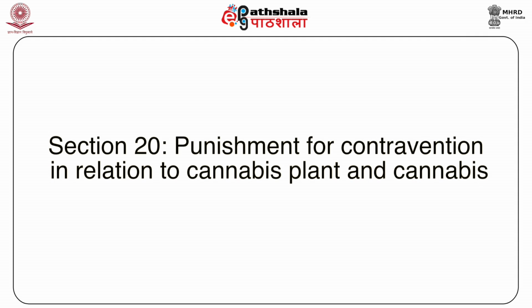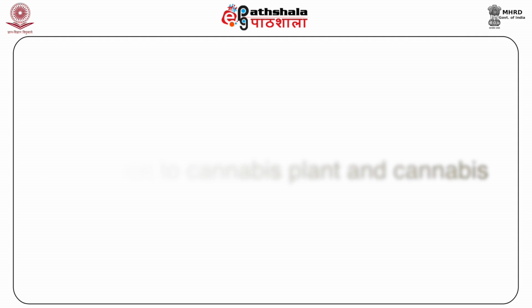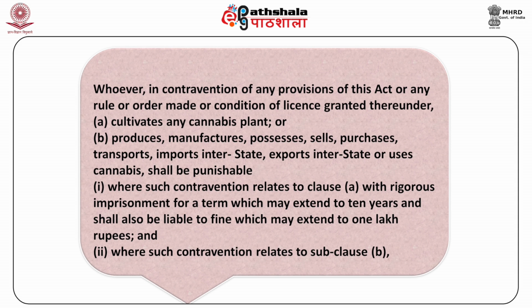Section 20. Punishment for contravention in relation to cannabis plant and cannabis. Whoever, in contravention of any provisions of this Act or any rule or order made or condition of license granted thereunder, cultivates any cannabis plant or produces, manufactures, possesses, sells, purchases, transports, imports interstate, exports interstate, or uses cannabis shall be punishable, where such contravention relates to Clause A, with rigorous imprisonment for a term which may extend to 10 years, and shall also be liable to fine which may extend to 1 lakh rupees, and where such contravention relates to subclause B